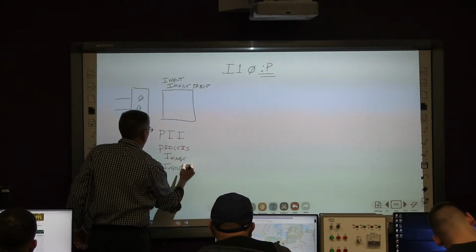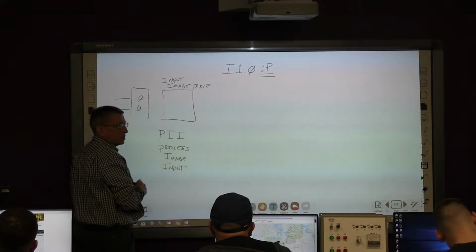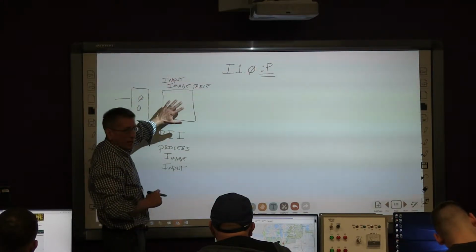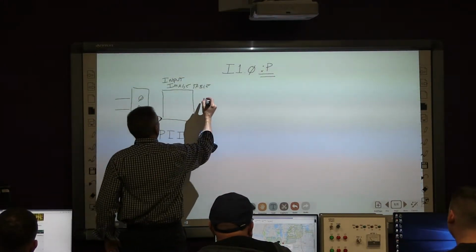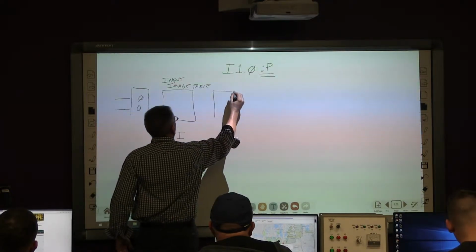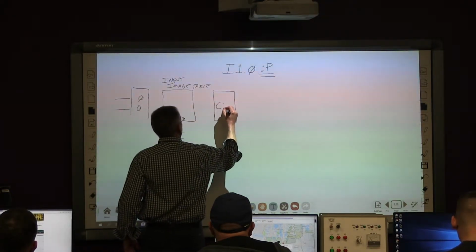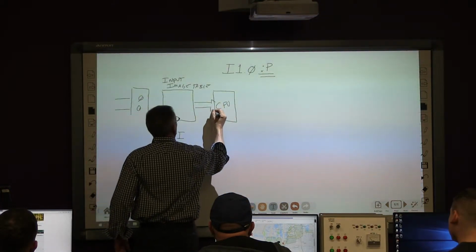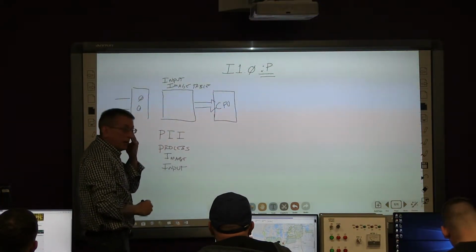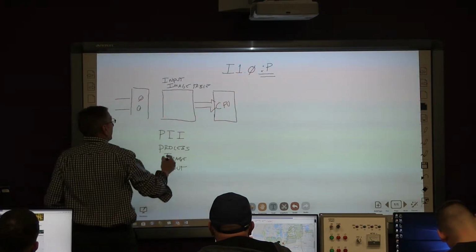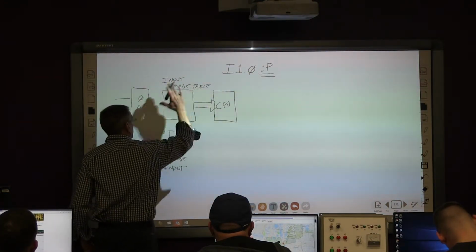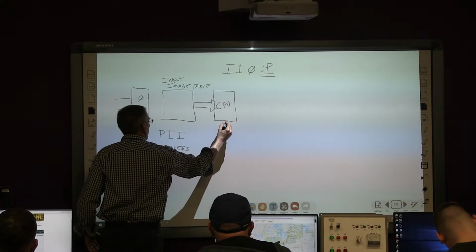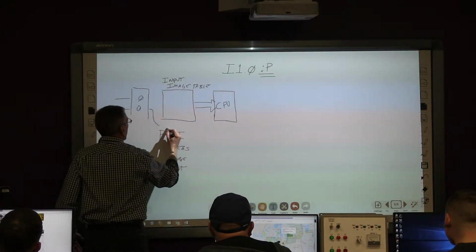So the PLC scans the inputs, places the status of the inputs in the image table, and then that goes into the CPU. You append it with a colon P, and it bypasses the image table. So we're getting data directly from